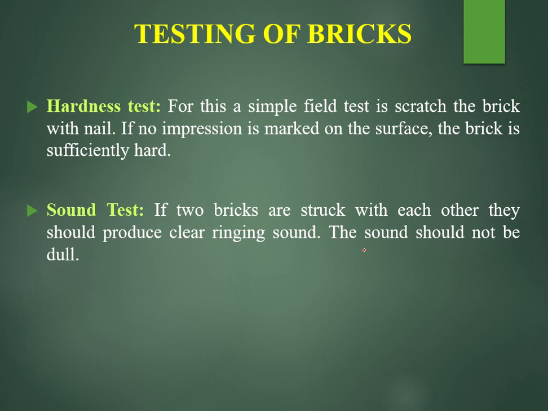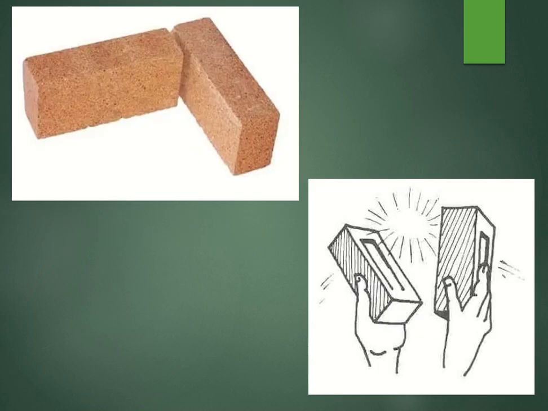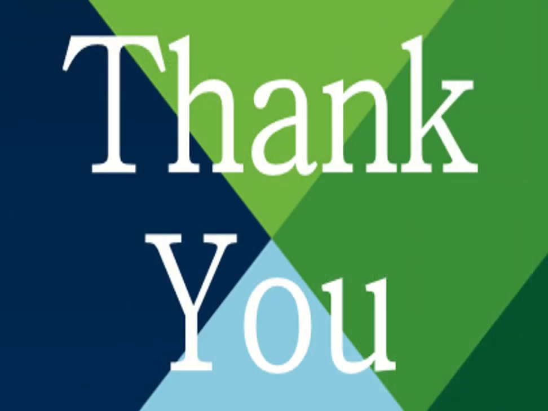And the soundness test, this I also explained to you. When you take two bricks and strike one brick over the other, it should give a clear ringing sound or a metallic sound. The sound should not be dull. If the sound is dull, it means that the bricks are not burnt properly. You can see in the second diagram, the person is striking one brick over the other. You should get a clear ringing sound or a metallic sound. So that's all about